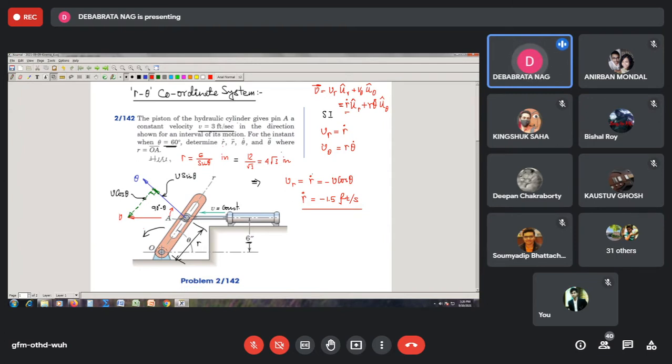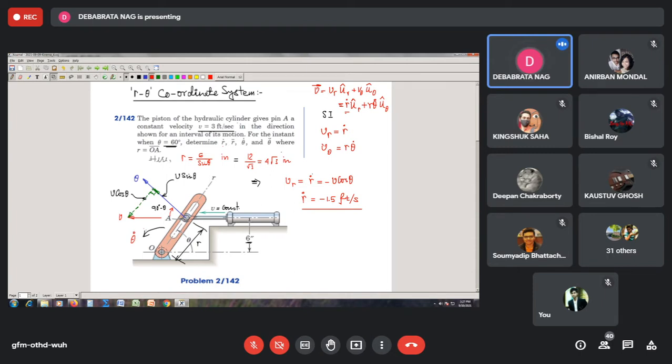It is clearly so because your arm will be rotated in the anti-clockwise sense, and that will see the decrease of this distance between O and A. So if you see, you can consider that there is a reference frame mounted on this slotted arm, and this slotted arm is rotating, which means that there is a relative motion of this pin with a person who is standing on the slotted arm and is in motion with this angular velocity. Let's say this angular velocity here is theta